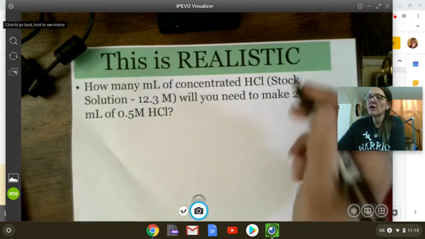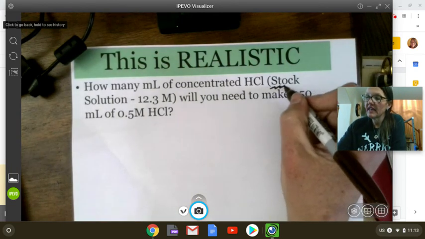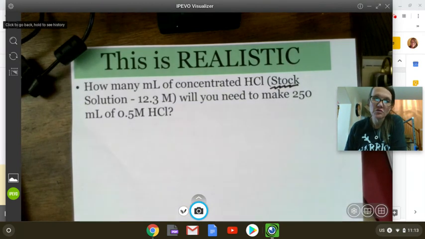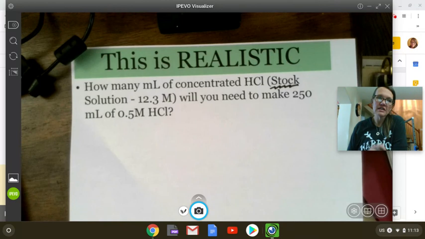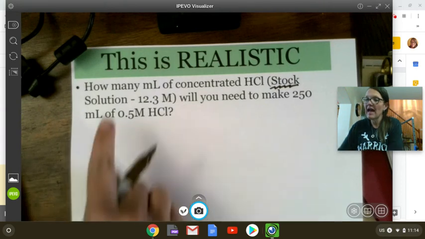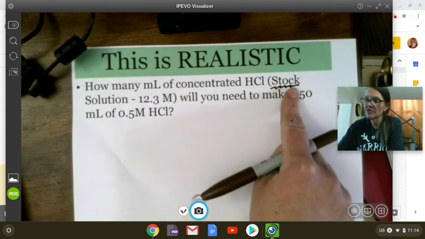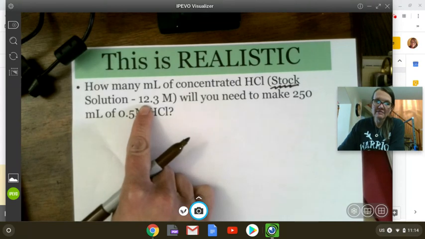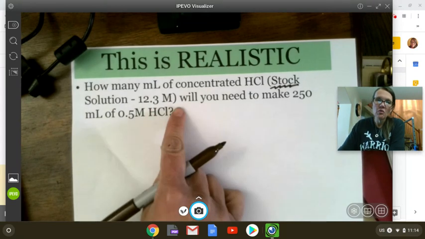Just so you know, another word that we use often in chemistry for the concentrated solution is the word stock solution. So the stock solution is what we buy, and then we dilute to use whatever we need. So there will be that term in your practice problems, and that's what it's talking about. So the concentrated solution is the stock solution. So how many milliliters of concentrated HCl, if it has a molarity of 12.3, will you need to